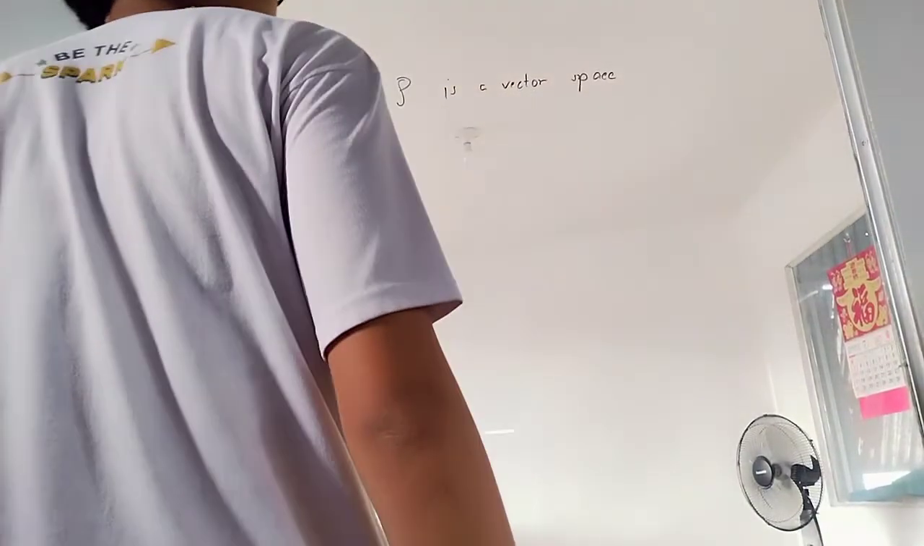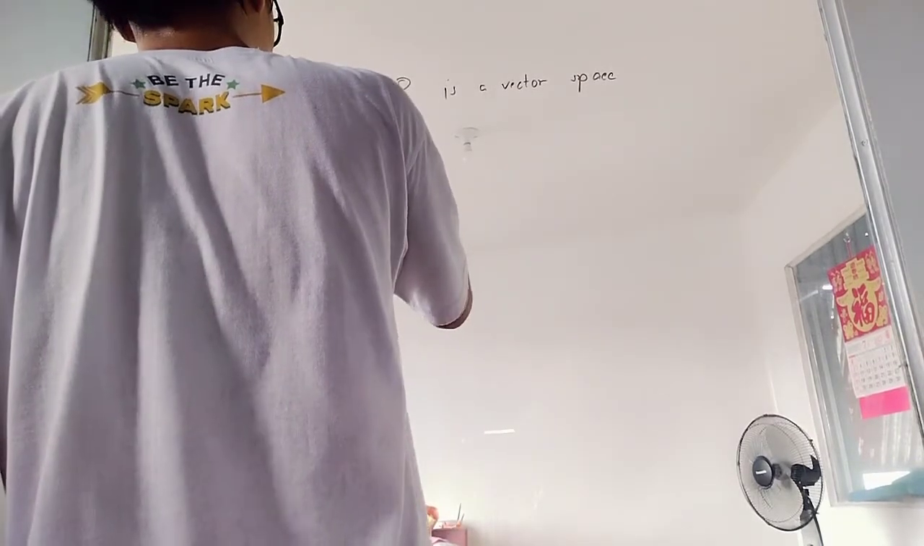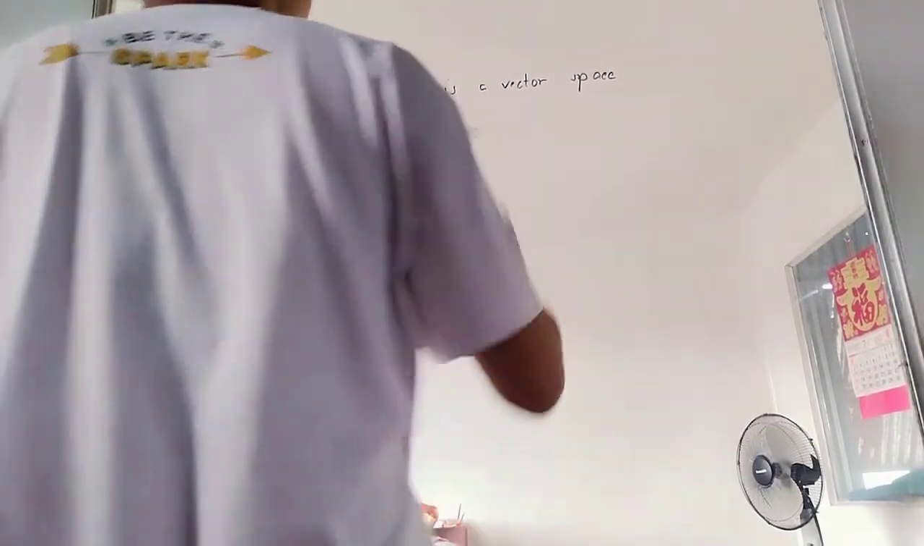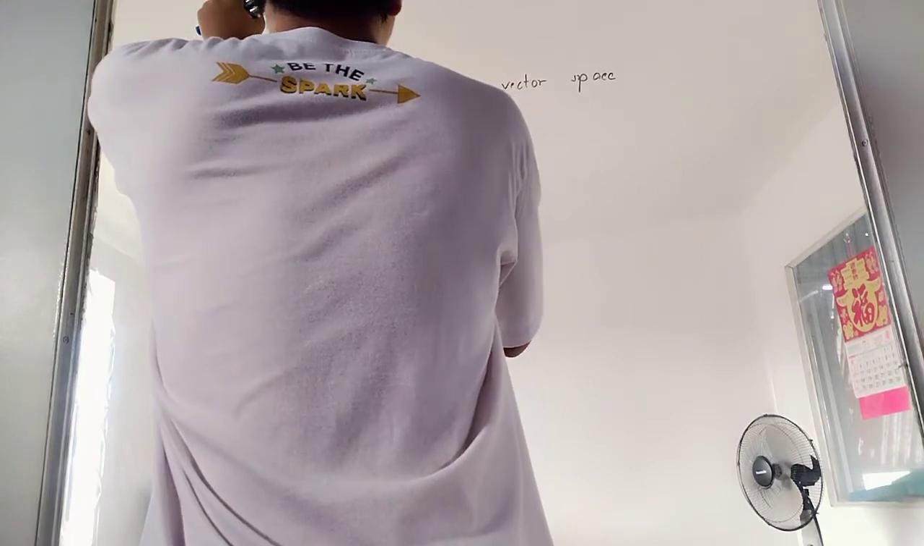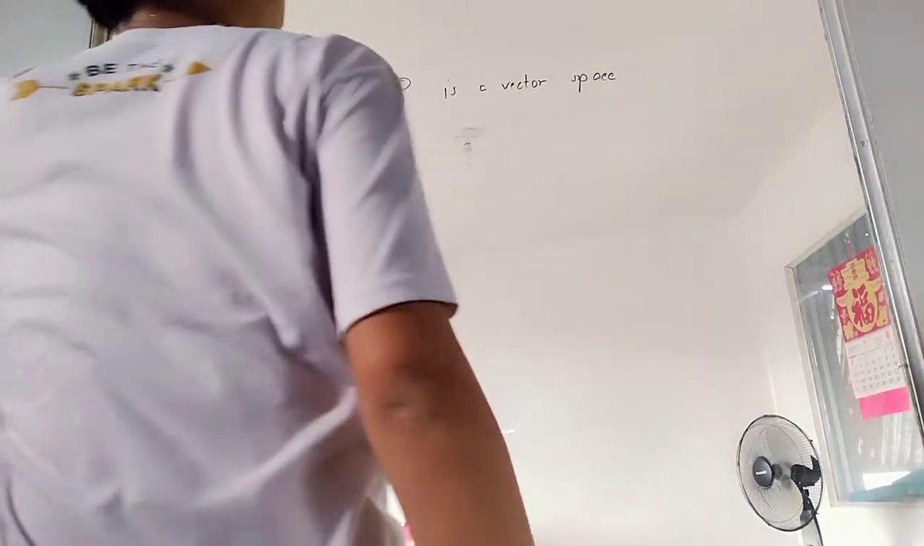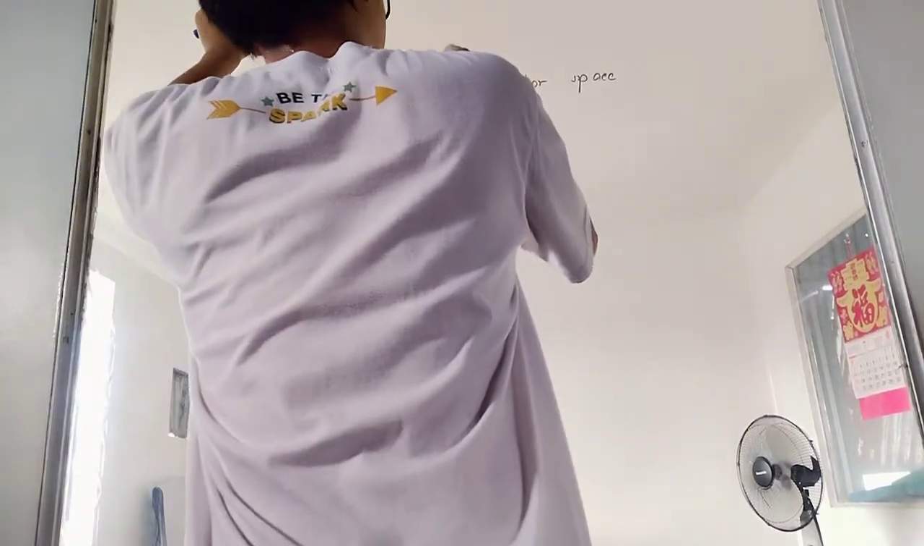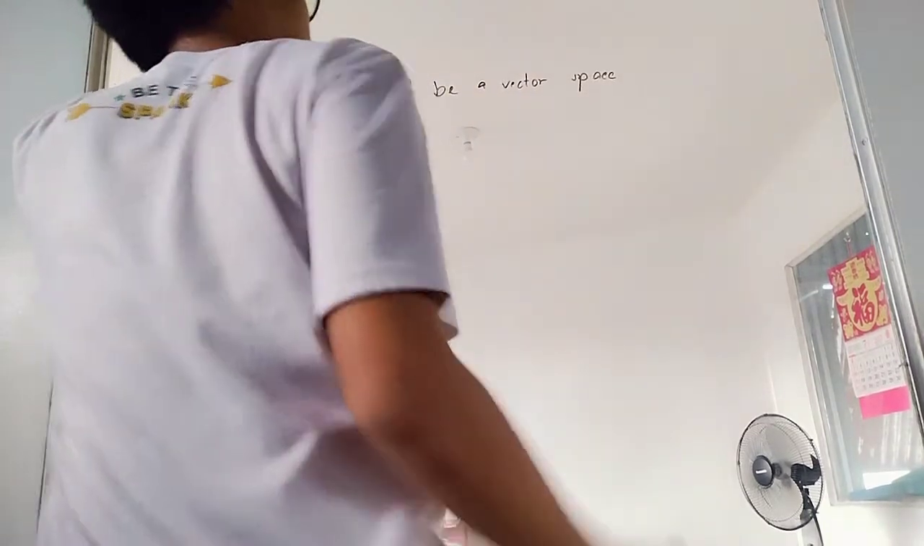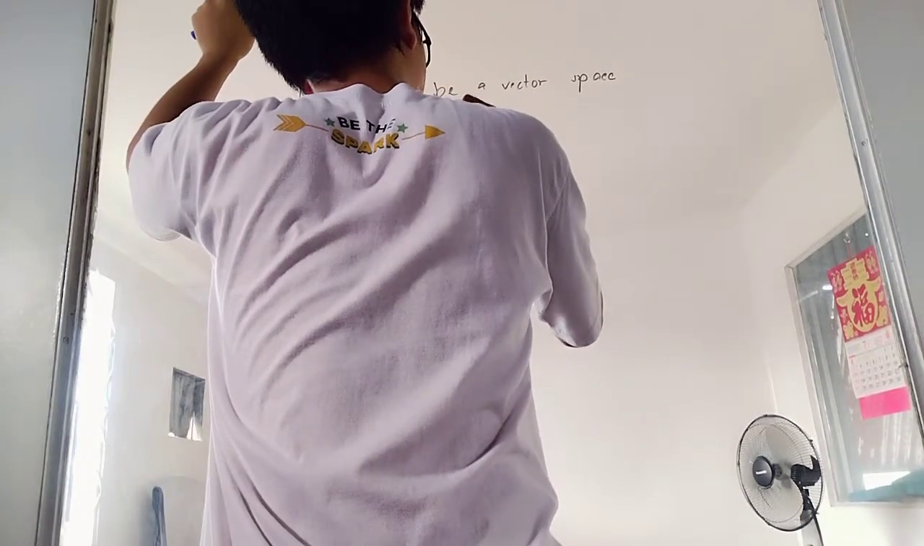A switching of positions is a linear transformation. So this is Definition 6. Okay, let V be a vector space. A switching of positions